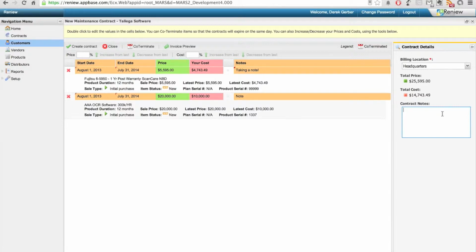I want to walk through some of the tools that we have available up here in the menu bar though. So right here under price percent, you can see increase from last and decrease from last. So as you go into the future and you start to build more and more contracts, maybe you didn't sell every contract for the same price, and you'd like to play with the numbers a little bit. So for this particular contract, we'll say this month we bumped up 5% on all prices for everything, for whatever reason. We put 5% in here, and I'm going to click this right here, increase from last, and notice how